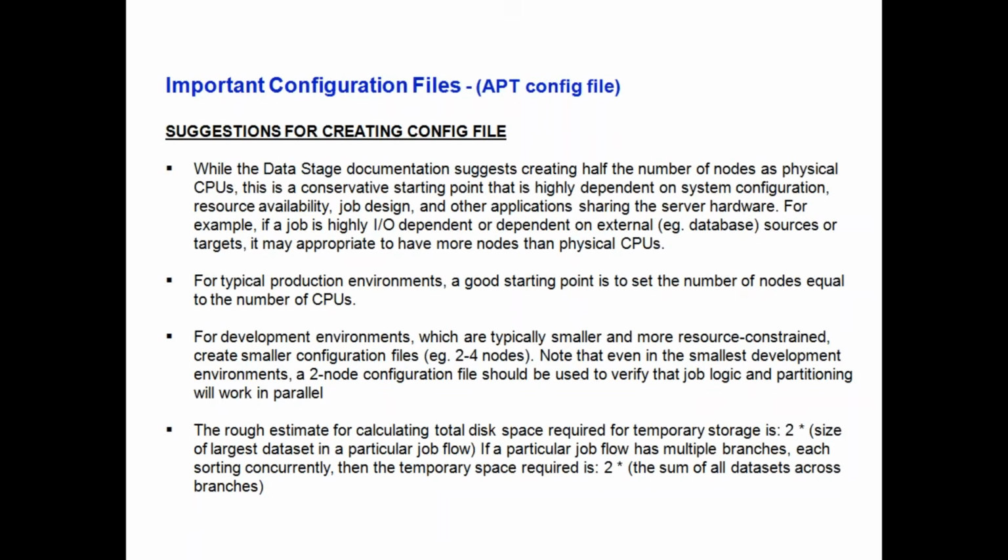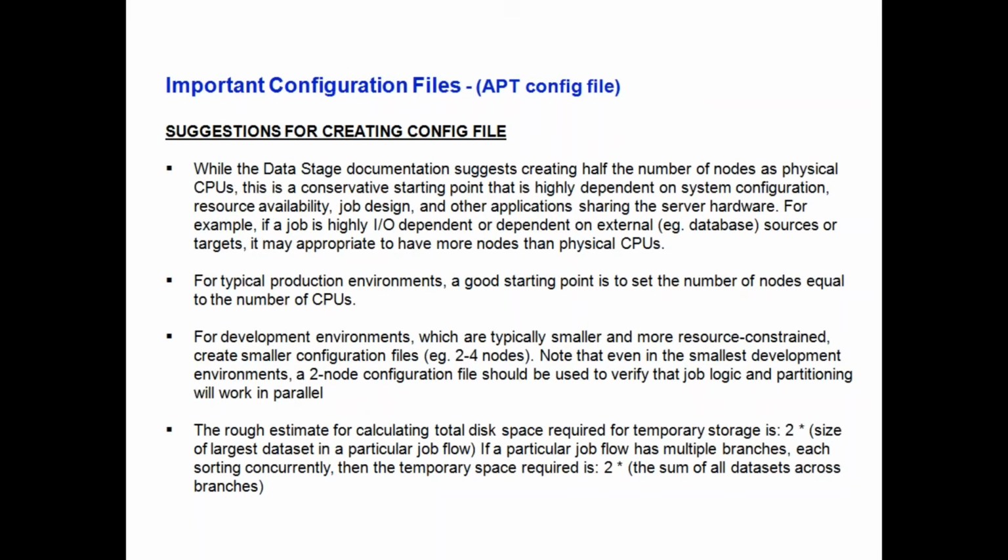So we can start with, if we have multiple CPUs installed in the system, the very first starting point could be to define a logical node for each CPU. If there are two CPUs, define two nodes and try to run the job on two nodes. But then again, mostly the jobs will be run on four nodes. So if you have two CPUs, you can do a times two and run it on four nodes. So you can define any number of nodes on your CPU, but at the same time,